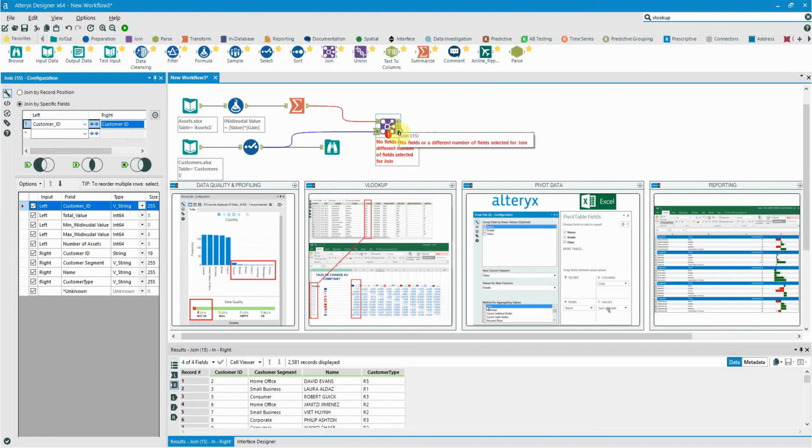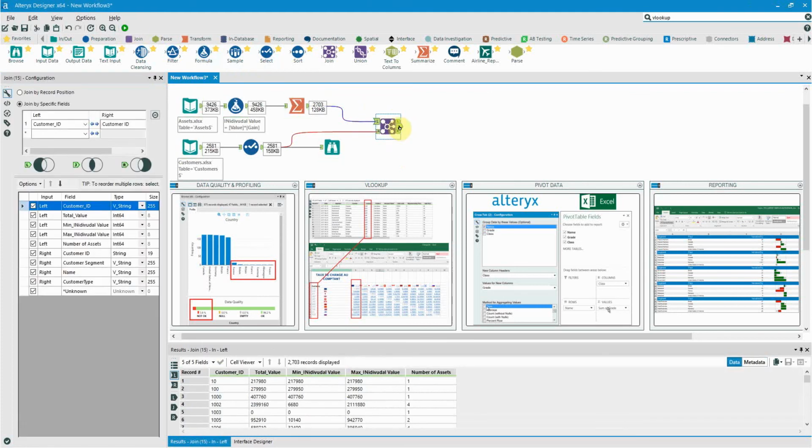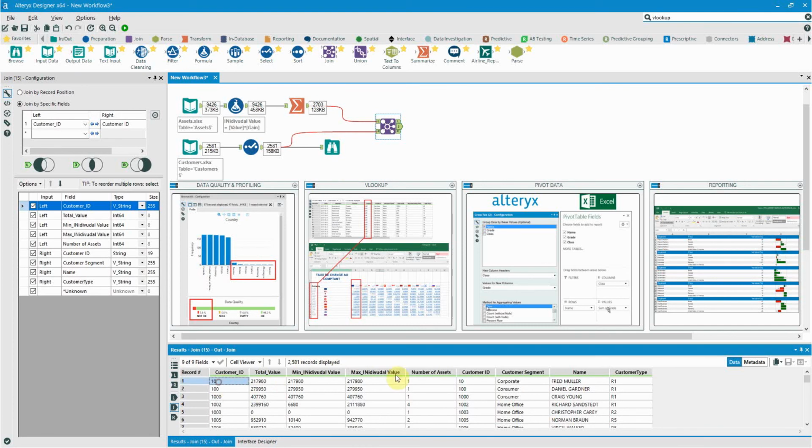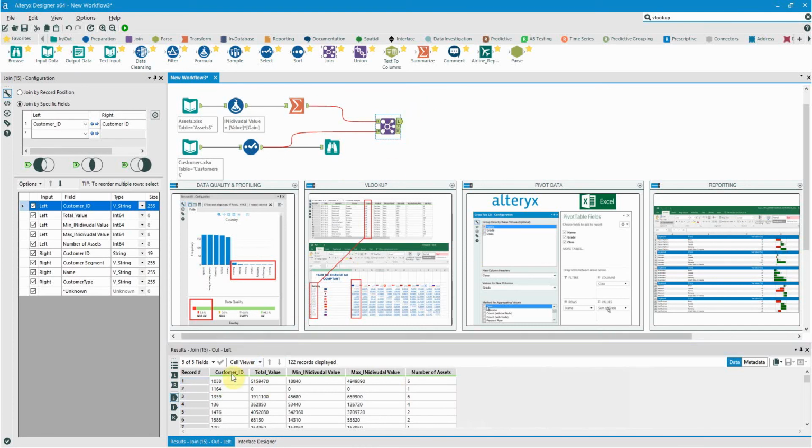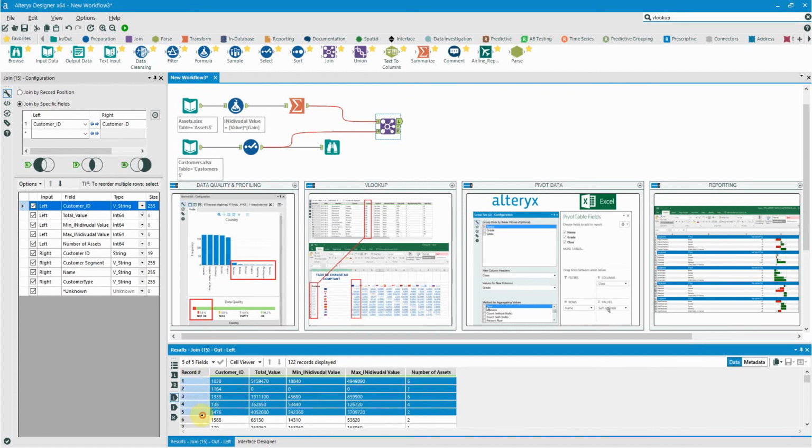Now we're able to see on the right hand side of our Join tool the information that our VLOOKUP can provide within the J, so customer 10 and customer 10. However, on the left hand side of this join, we're able to see all the information which existed in our assets file but did not exist within our customers file. This is hugely advantageous for a lot of enterprises, both reducing human error and time when doing a lot of